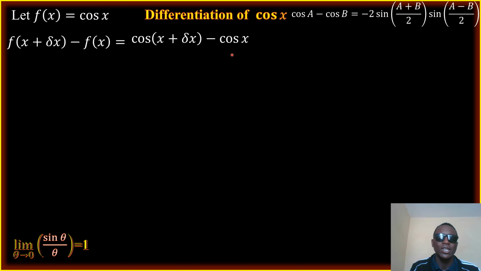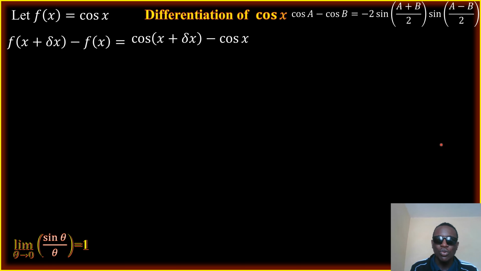The reason why we are recalling this identity is because here we have the difference of two cosine functions, right? Cosine of x plus delta x minus another cosine of x. So the first angle here is A and the second angle is B. All you need to do is to identify your A and your B, and you come now to this identity and replace